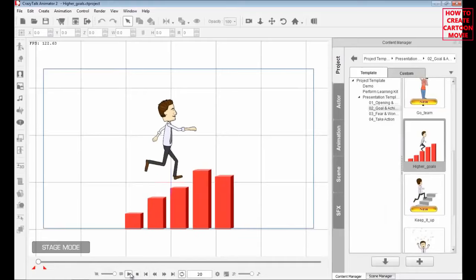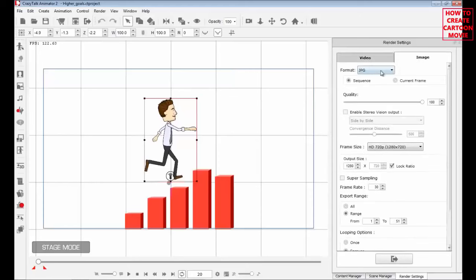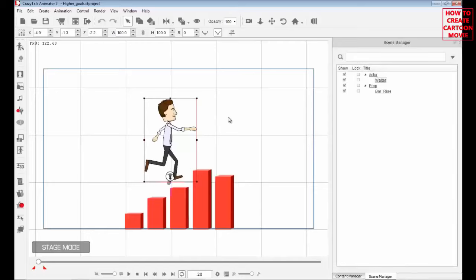So previously in Crazy Talk, if you wanted to export something like this, you would have to select your character or your project and then go up to the export tab and then to images. You can choose something like GIF and then sequence. But this would actually give you a collection of GIF sequences depending on how long your animation would be. You can get up to 25, even 30 or 40 GIFs, and then you would need another software to put all these frames together to create an animation. Well, now in Crazy Talk Animator 2.1, we finally have the option to instantly export something, quickly capture something for